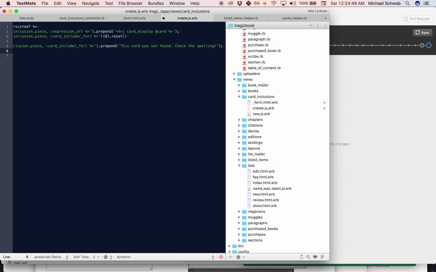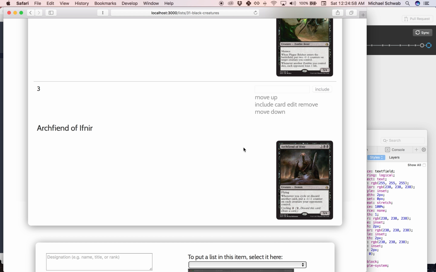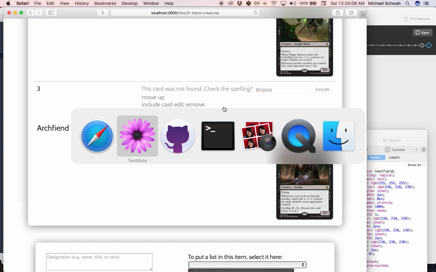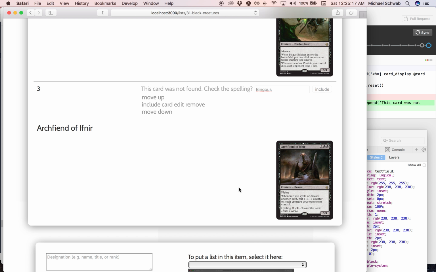Try to make a nice, polite phrasing there, but still explain what happened. Okay, so that broke the layout, but at least there's some good feedback. And then if they go ahead and manage to spell it right,